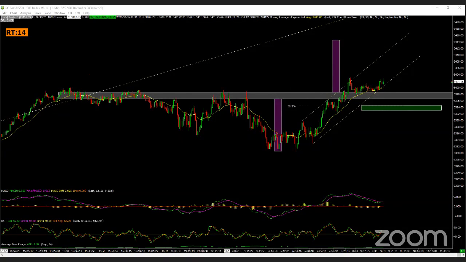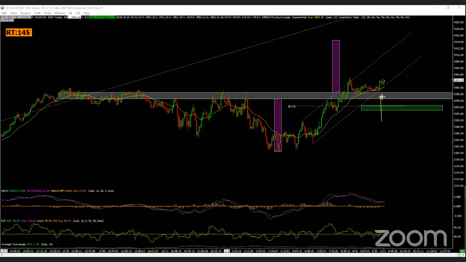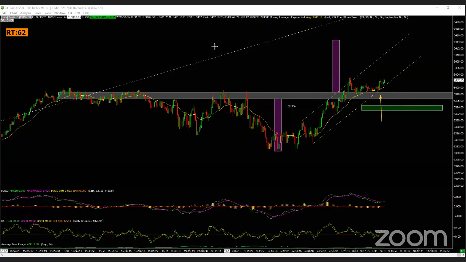Okay, so the market is open. We had a little flash spike right here with that candle, but then it just dies down. So this could very well collapse on us right here, reach our 38.2, give us our pattern that we can trade. So let's see what's going to happen.